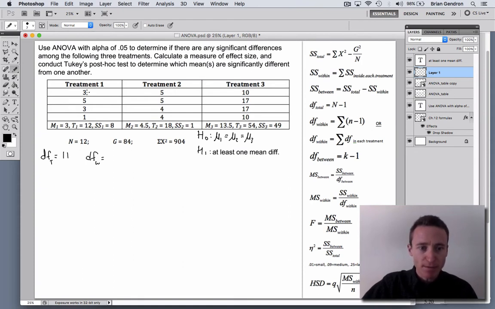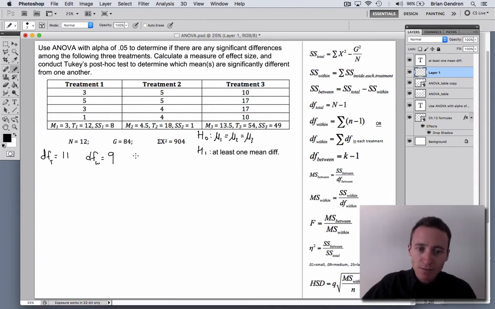So the first treatment, the first sample, there are 4 people. So 4 minus 1 is 3. For the second group, 4 minus 1 is 3. And for the third group, 4 minus 1 is 3. So 3 plus 3 plus 3 means that there are 9 degrees of freedom within for this analysis of variance,